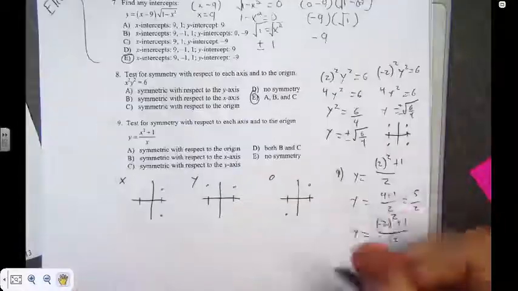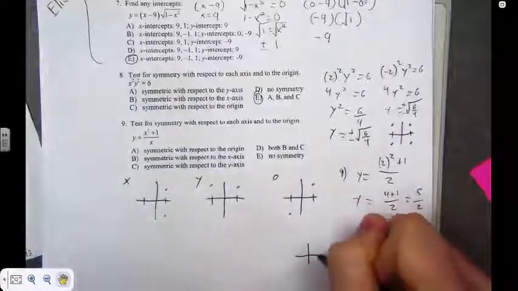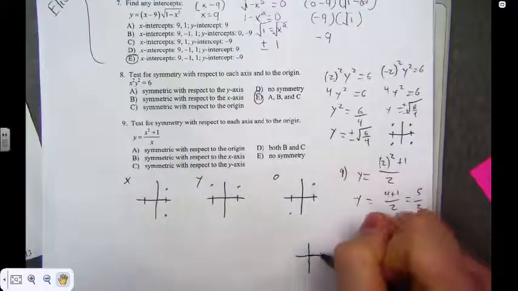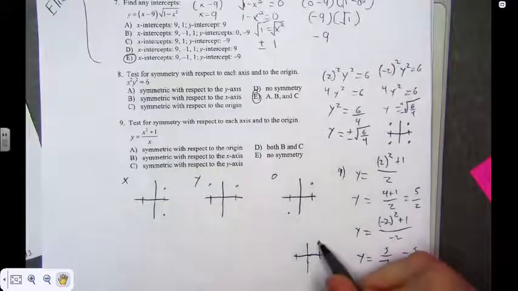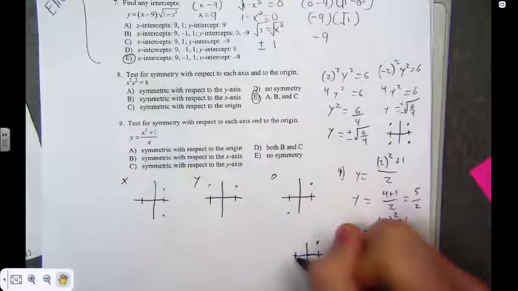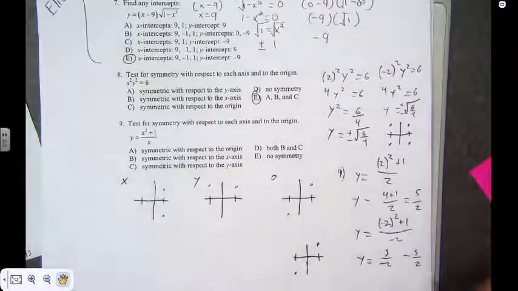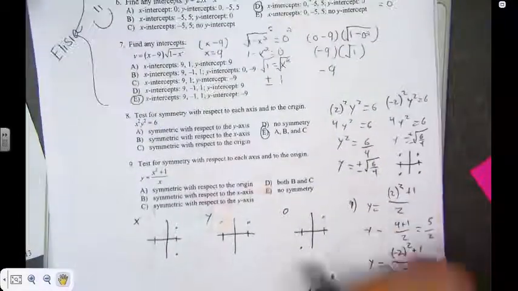And on a graph, positive 2 would be positive 5 halves, and negative 2 would be negative 5 halves. So you would have symmetry with respect to the origin, which would make that answer